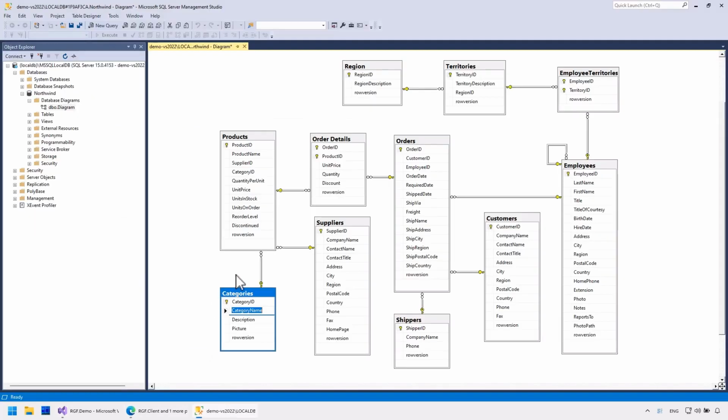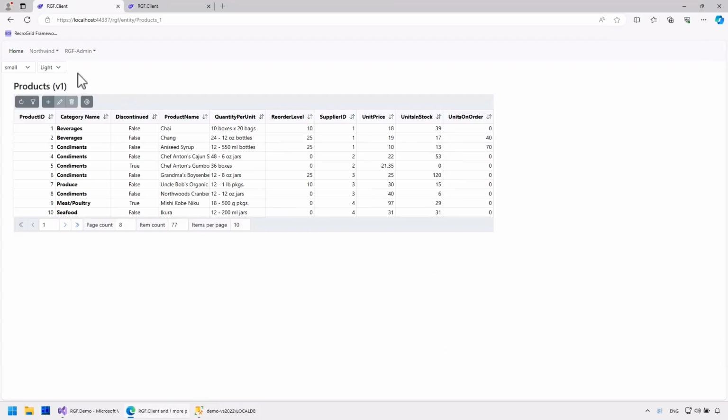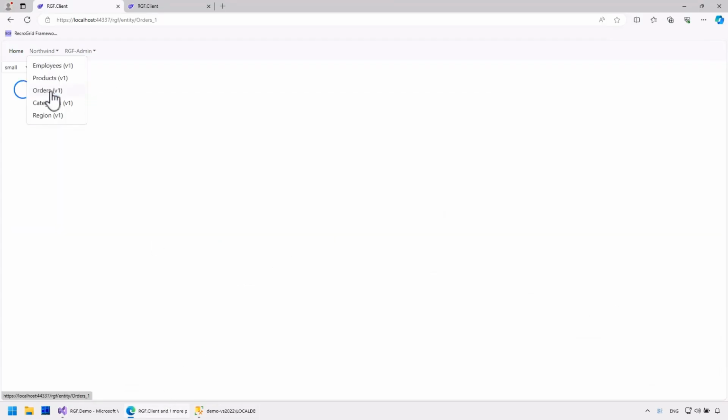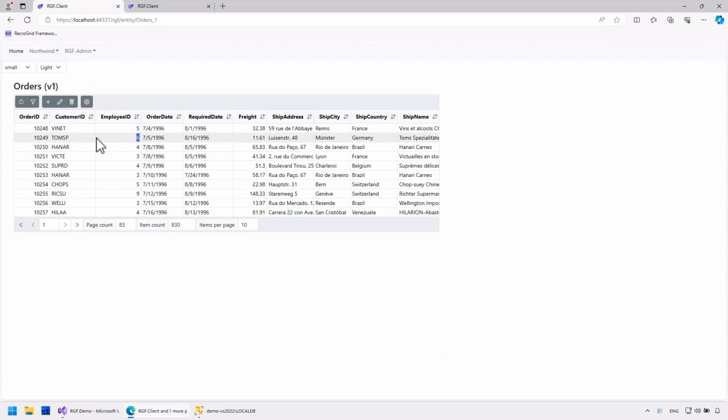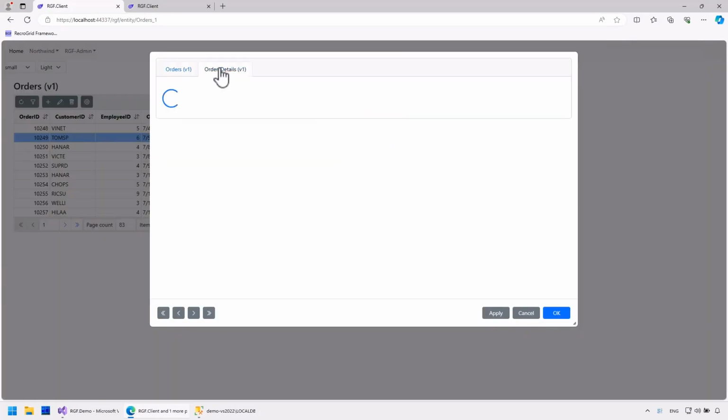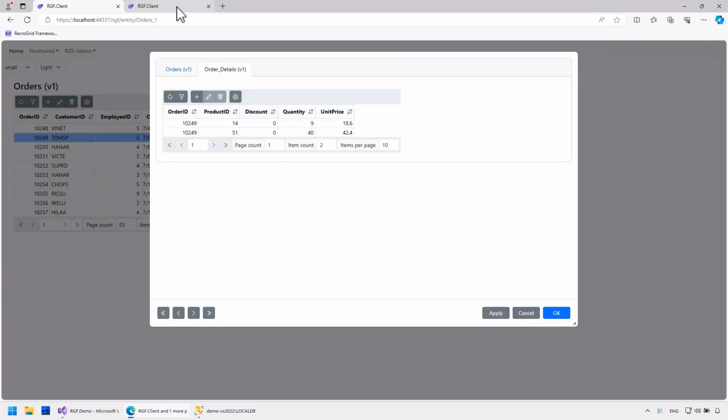I add this category name column to the order details entity, which is 2 entity distances away from the original table. So here I want it to appear.